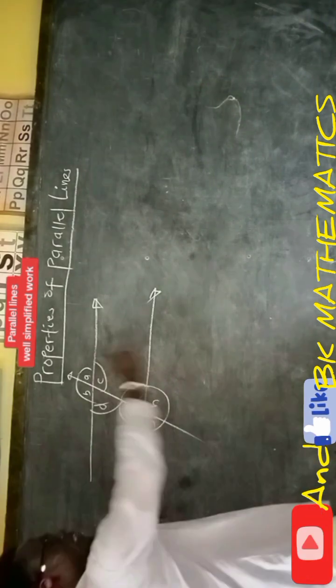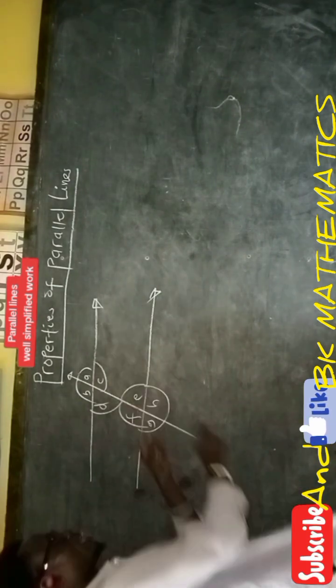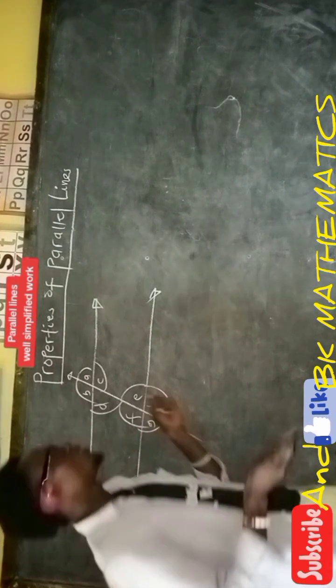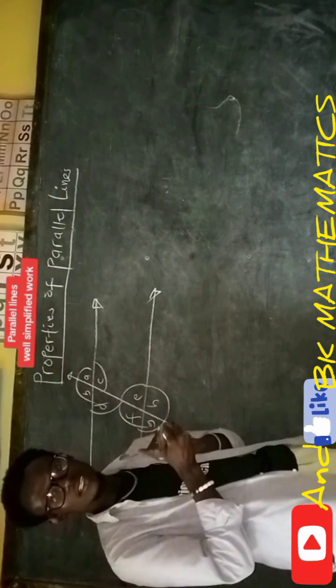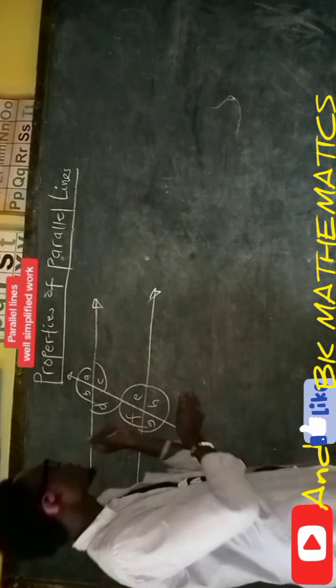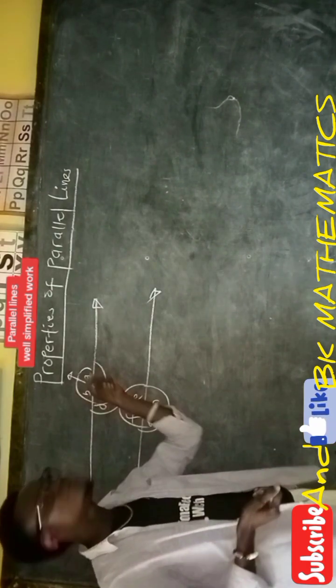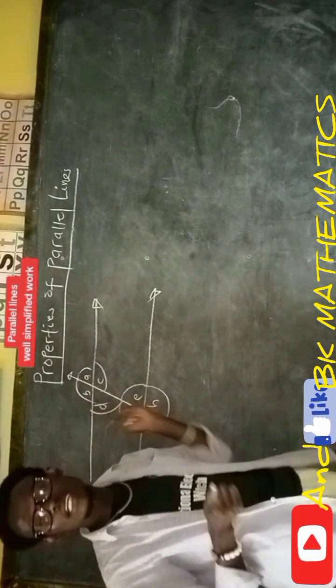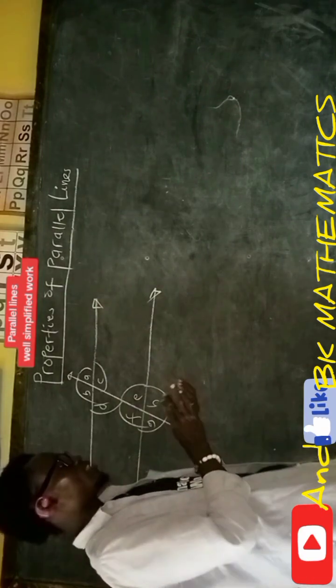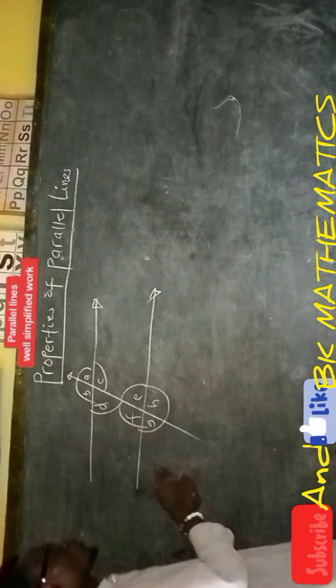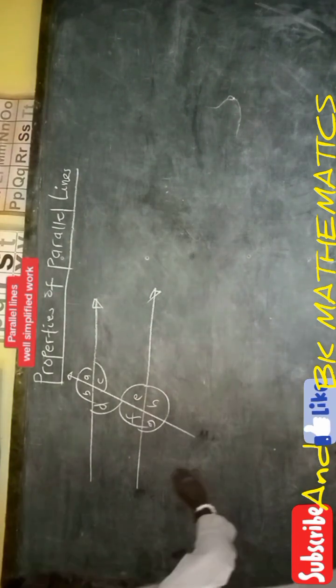Now, since these two lines are parallel lines, this line that divides the two parallel lines is called the transversal. Hope you are there. Then maybe you want to know about A and this. What is the relationship between the various letters? That's what we are going to learn exactly. Okay. Then the first thing we have to note here is we say